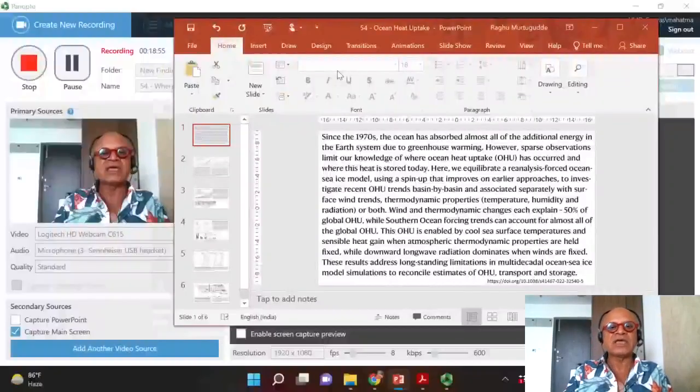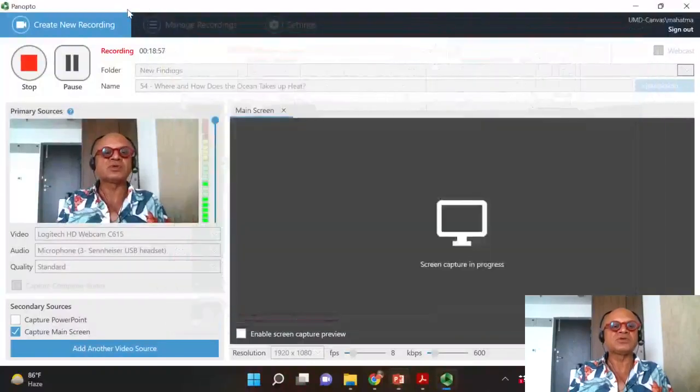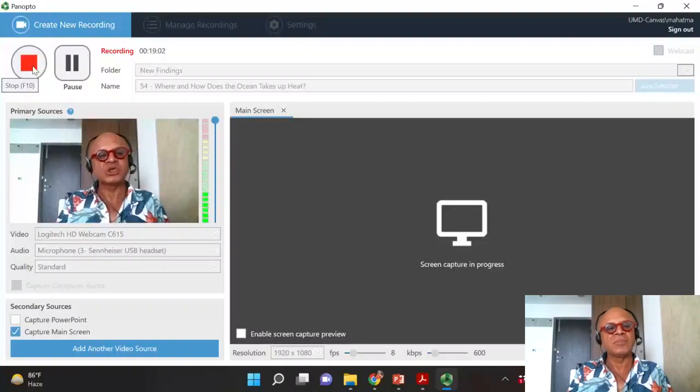So this is a complicated problem, but I wanted to include it here just to show that this new paper tries to constrain things much better than has been done before, and provide some new insights into where and how the ocean heat uptake is happening. Southern Ocean playing a huge role in the ocean heat uptake, and North Atlantic playing a role in losing the heat. Indian Ocean contributing a little to the uptake, and a lot of transport from the Southern Ocean into the other oceans to the north. Okay.